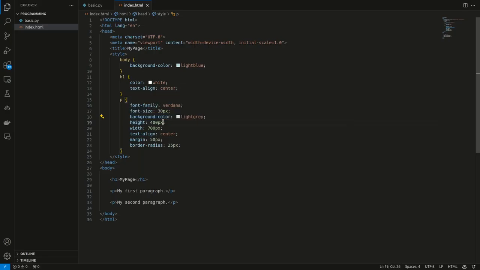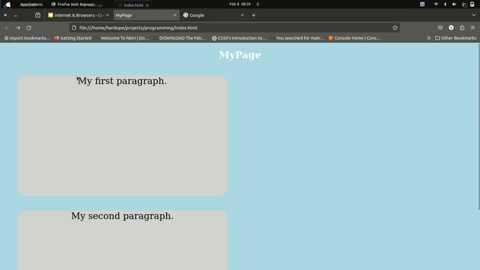Now this is just like, how do I say, like the centimeters for CSS. We have px and a bunch of others, but we're using px for now. So let's say we have text align center, which is what makes this text fall into the center of this box. Text align center makes it fall into the center of whatever it is.